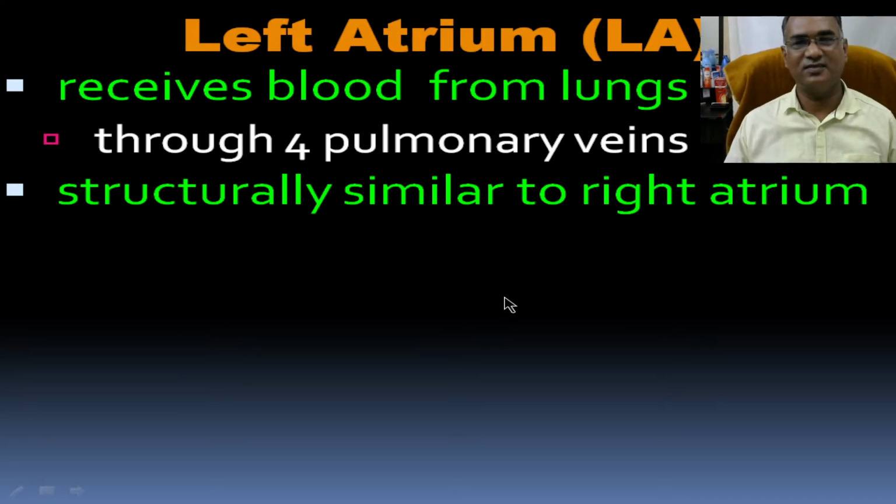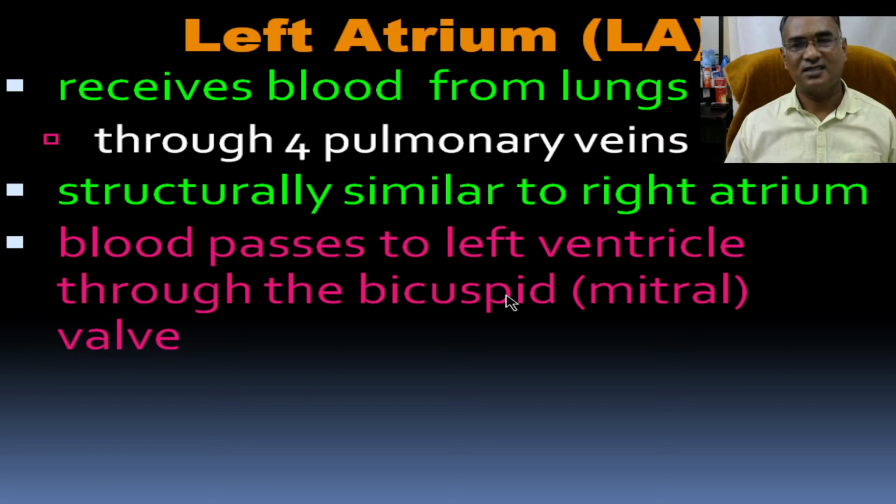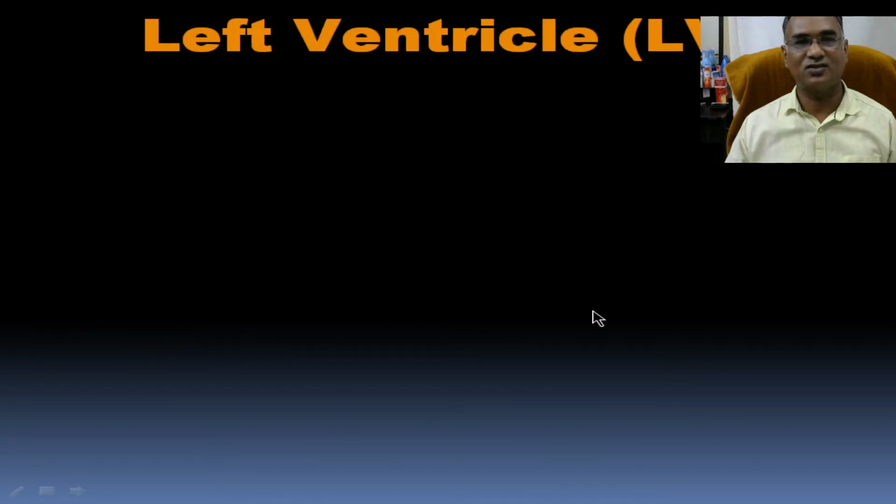So the left atrium collects oxygen-rich blood from the lungs. Once it gets diastole, through the mitral valve it finally reaches the left